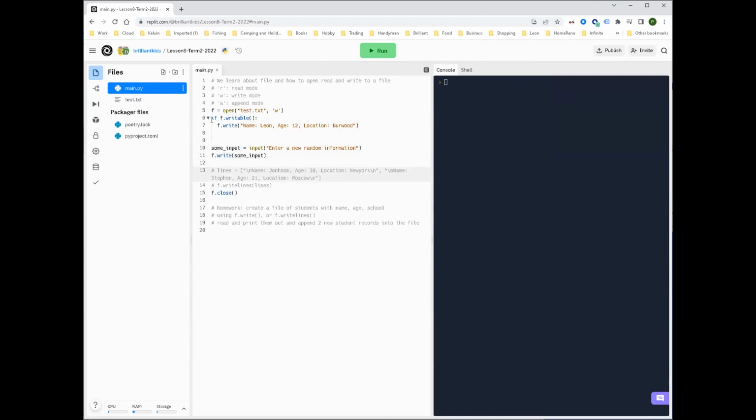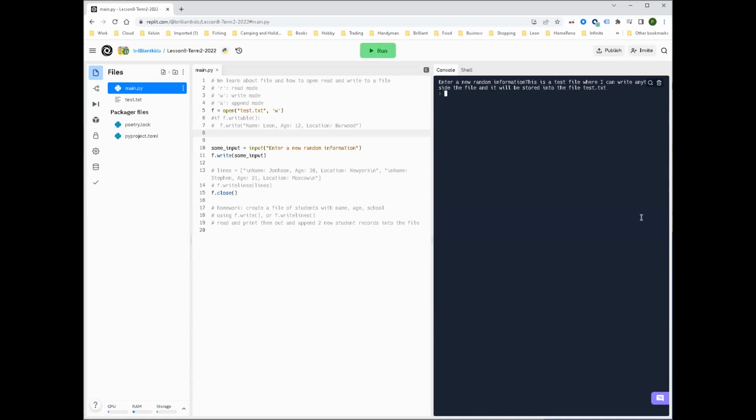So you do this. I will append it for you. Let's say I use a mode write, right? So they write everything, right? So I run it, enter the new information. We can say this is as file where I can write anything inside the file, and it will be stored into the file